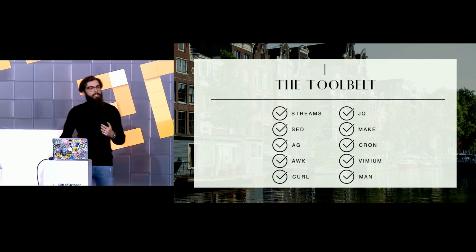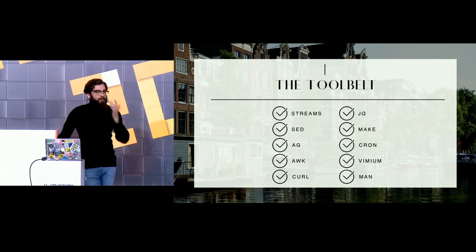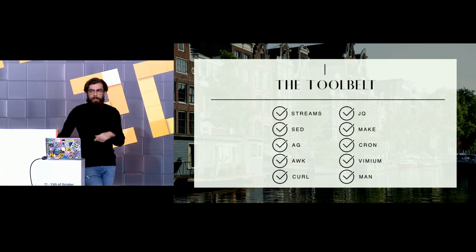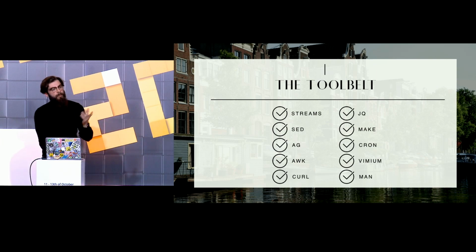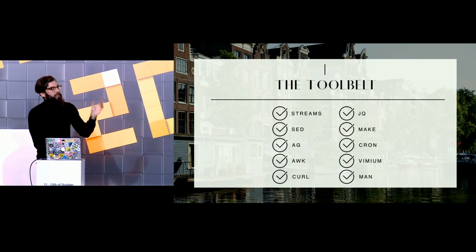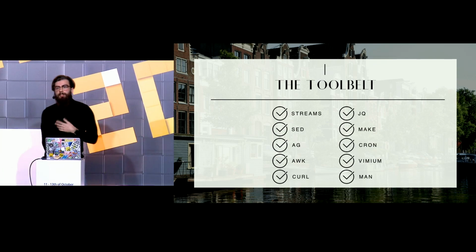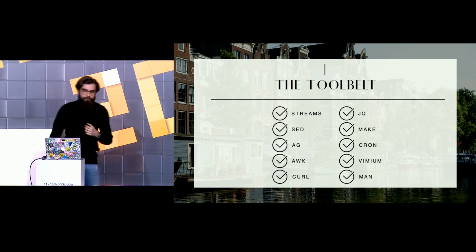There's also AG, which is a file finder. I use AG mostly with FZF, so you can configure FZF to use AG behind the hood and find files very fast. You have AWK, so you can extract pieces of your output, to pipe it into SED or combine it with other programs and get the meaningful information you want out of a piece of output.